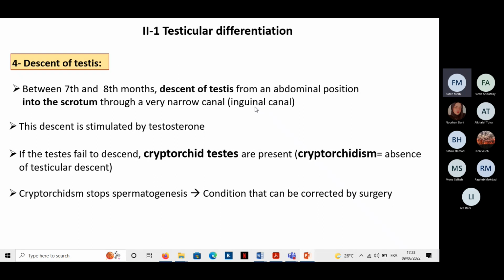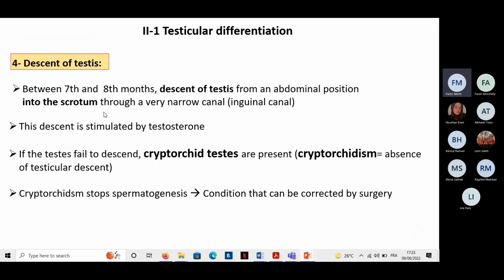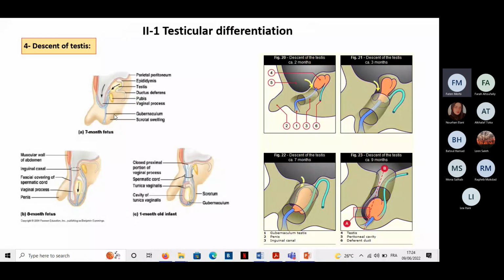It's a sort of split in the muscles through which the testis will descend to reach the scrotum, and we will have here a ligament called the gubernaculum ligament and another ligament, the suspensory ligament. Those two ligaments, under the action of testosterone, this gubernaculum ligament will shorten, and because it will